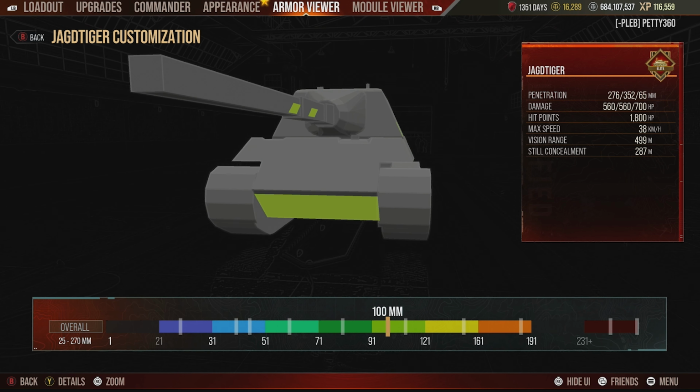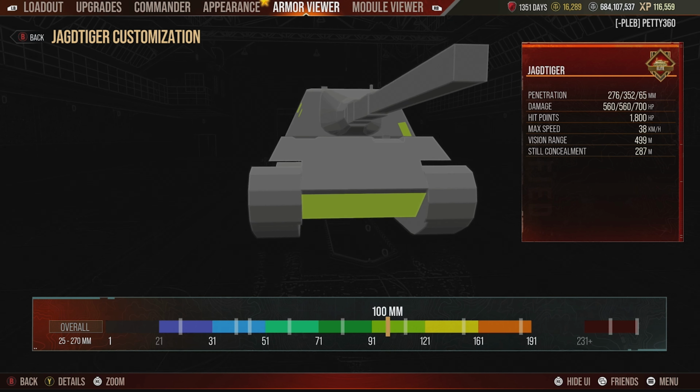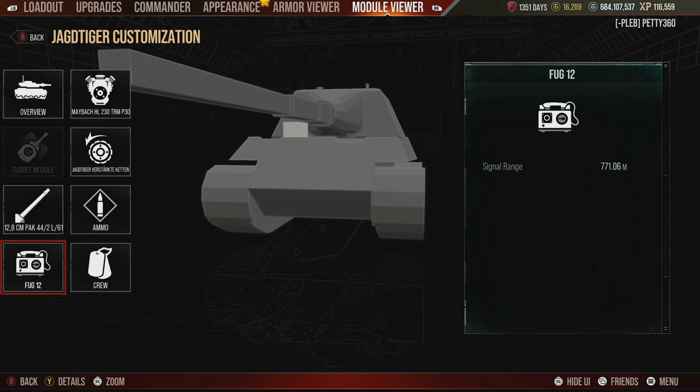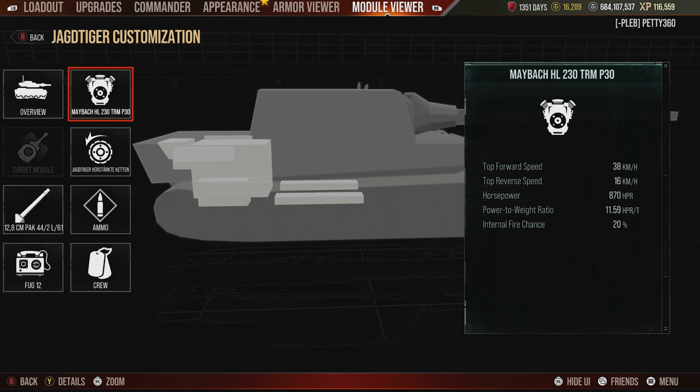Same as the lower plate, which is garbage, which it should be. The lower plate should always be garbage. It's 100 millimeters thick, and if they go through that lower plate, again, your engine will probably end up getting damaged. And that is because your engine is here at the back of the tank,